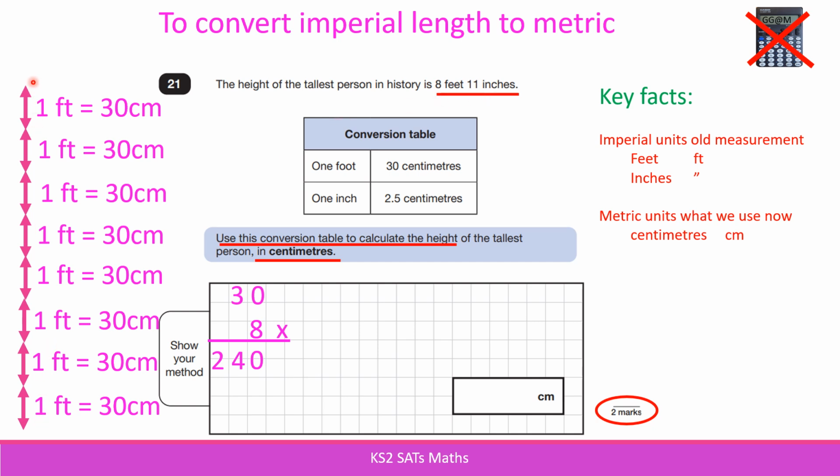So on top of this height of 8 feet here, we've got 11 inches. And these are smaller gaps here. So counting up here, smaller. I haven't got room to fit them all in there, but we're going to use the similar principle. We're just going to go straight to the calculation. So we've got 11 times by 2.5 to work out how many